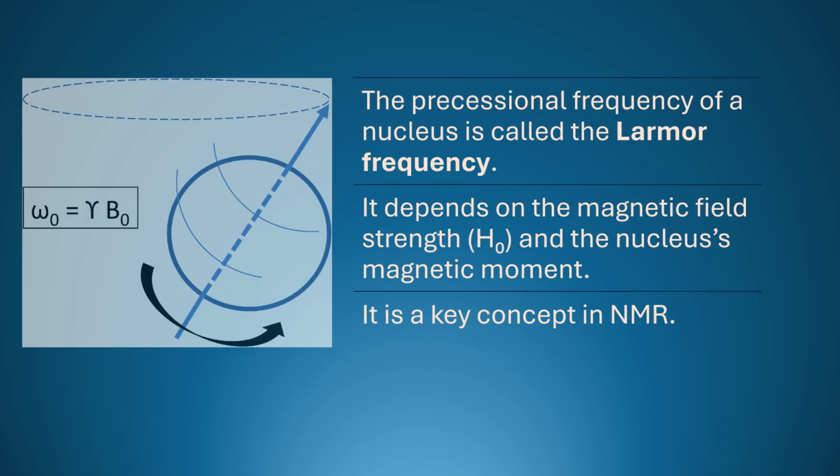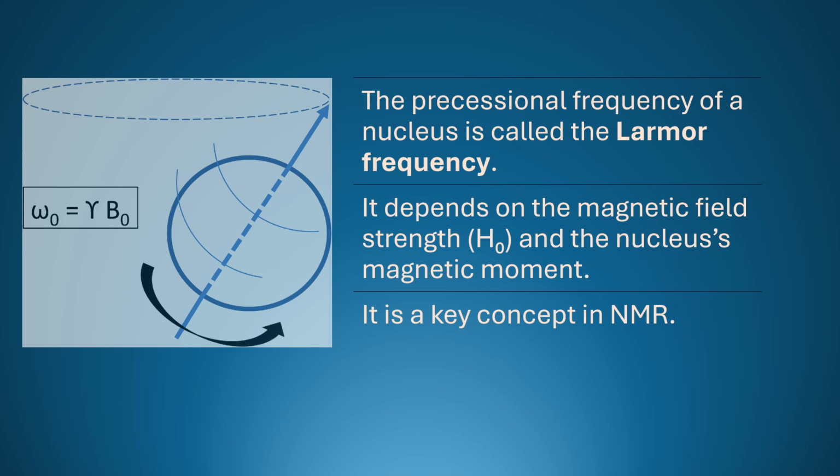The Larmor frequency is the frequency at which nuclear spins precess in an external magnetic field. It is given by the equation, where gamma is the magnetogyric ratio and B is the magnetic field strength. This relationship shows that the precessional frequency increases with increasing magnetic field strength. By adjusting the applied magnetic field, we can selectively excite specific nuclei within a sample, allowing us to analyze complex